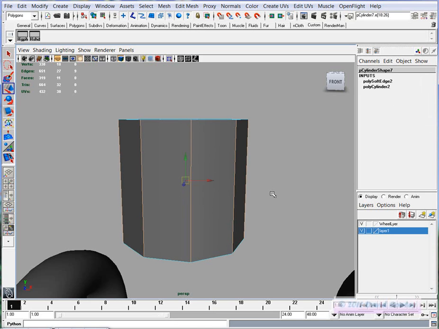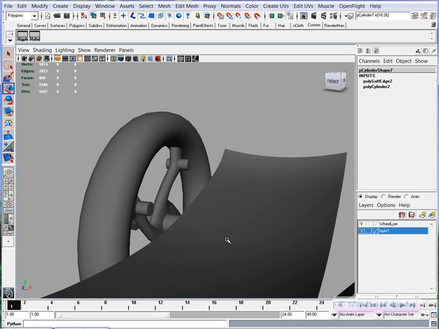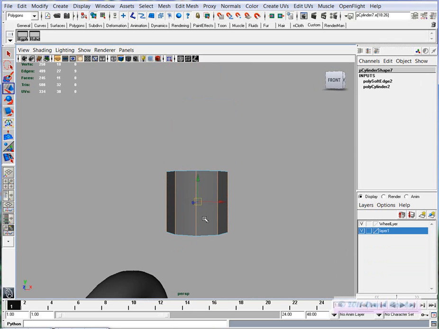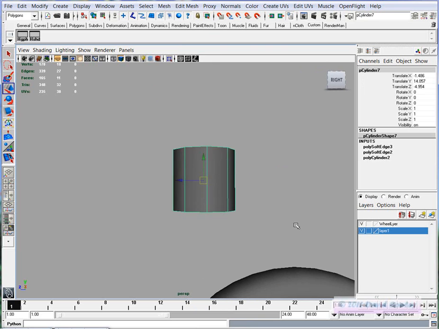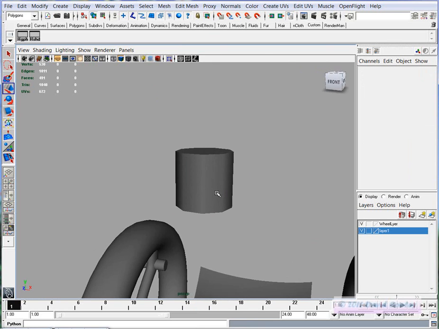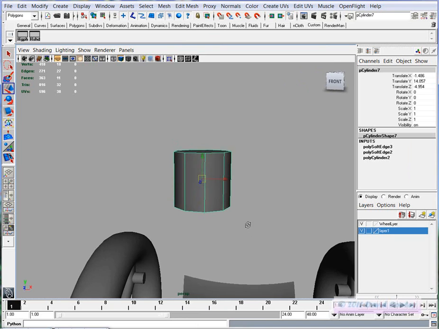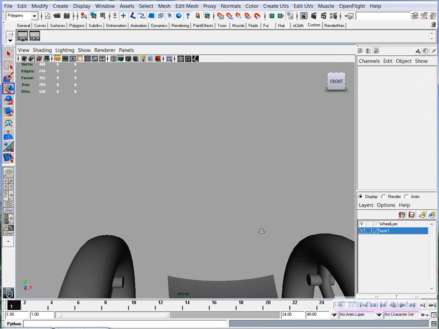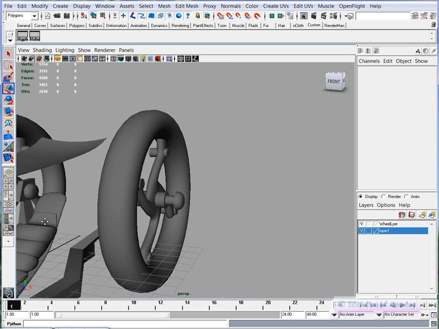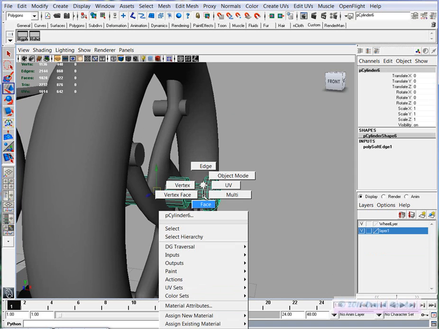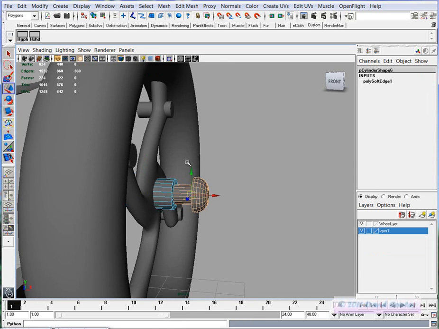So if you have things like very small bits and pieces, and you want them to seem as though they are a lot more detailed than they really are, but you just don't want the added polygons, if you soften edges, then you'll get something that starts to look like it's much smoother than it really is, and yet it still only has those few sides. Okay? Now, in some cases, you want them to be hard-edged,